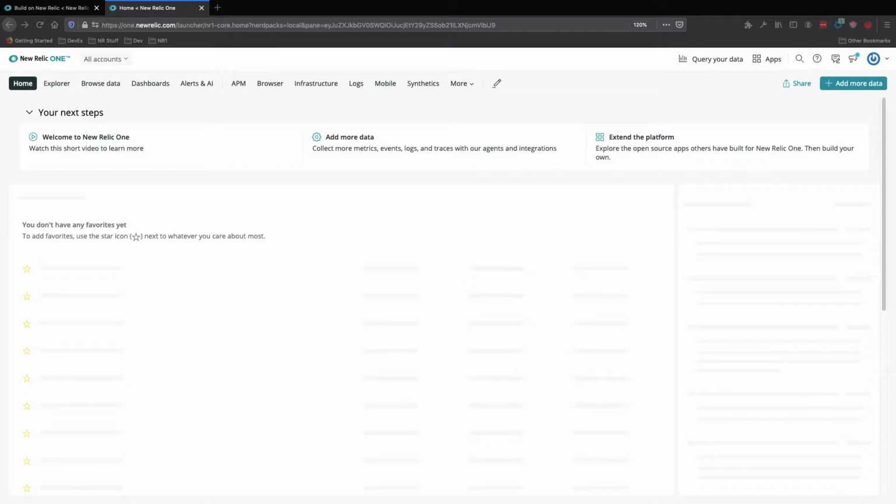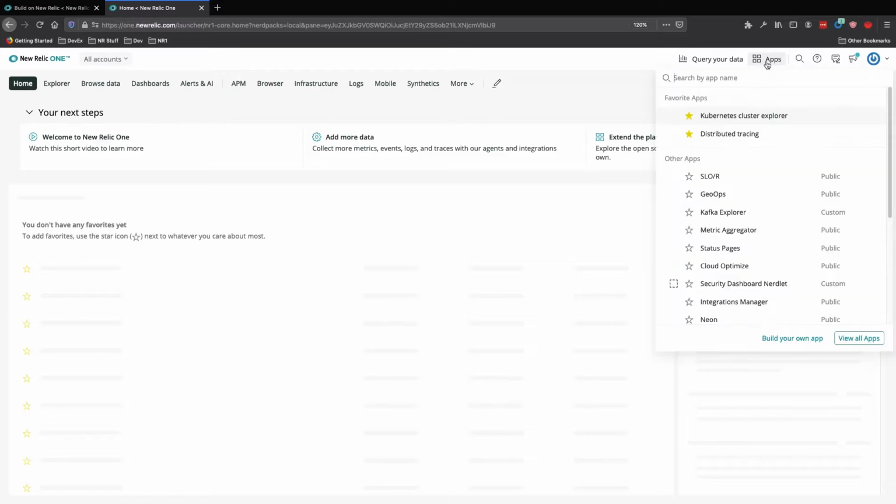Let's get started. As your team and company scales, more and more data starts coming in from different sources, and more people become interested in seeing the health of your systems. In order to create views that fit the needs of different stakeholders, from your engineering manager to your product VP, we'll need to create custom visualizations. Building a custom visualization is pretty similar to building a custom application on your one.